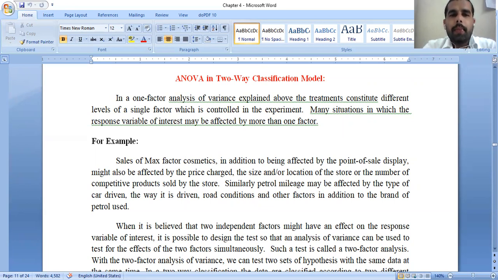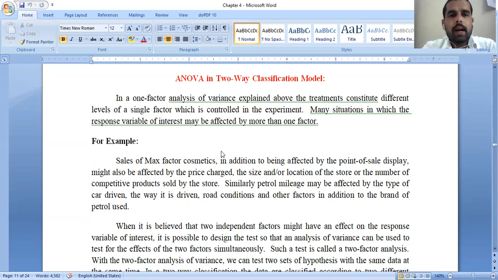That value should be compared with the critical values of the F distribution, that is, 5% or 1%. Whichever is given in the question, 5% LOS or 1% LOS, you have to observe carefully. If nothing is given, then assume that 5% only you have to follow. This is the condition we discussed in the previous class. So we have completed the ANOVA one-way classification model.